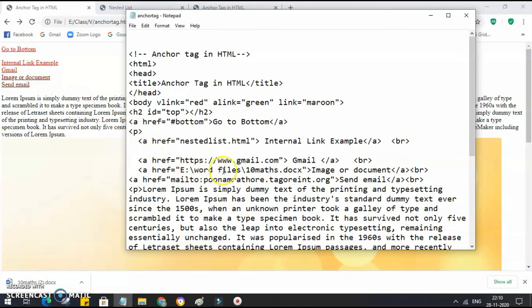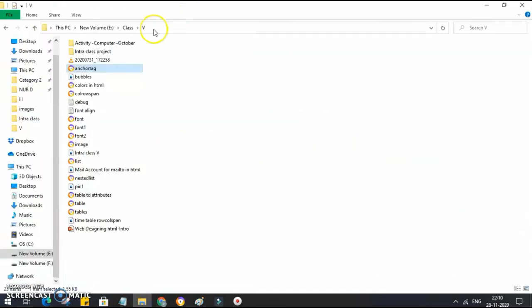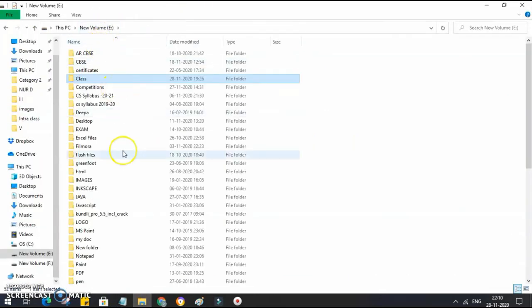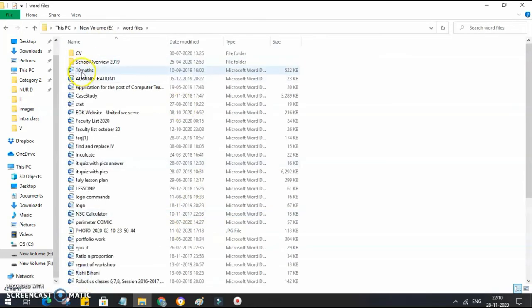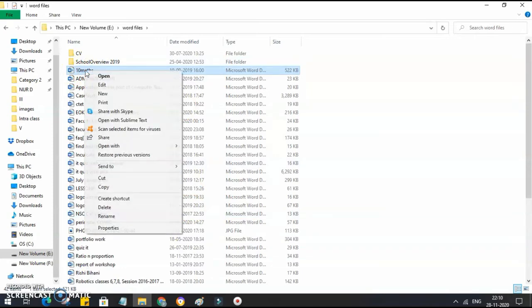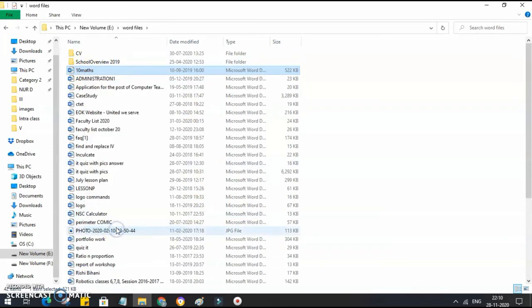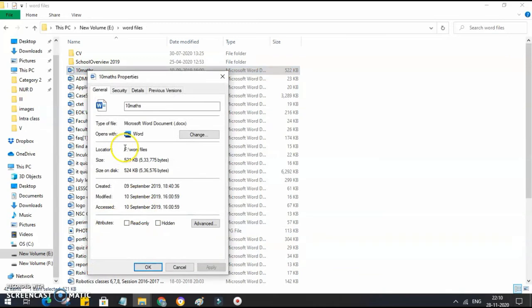So this file is in my E drive in a folder Word file. So how to link this one? Let's see. This is my E drive and the folder is Word file. I have linked this file. So how to get the address? Just right click on this and go to properties. Can you see this address?